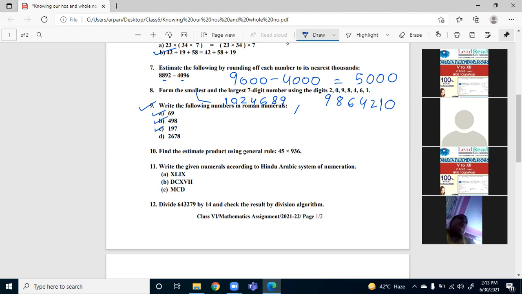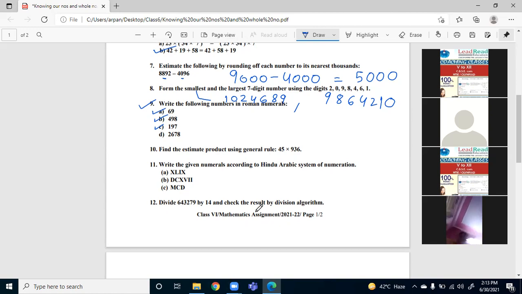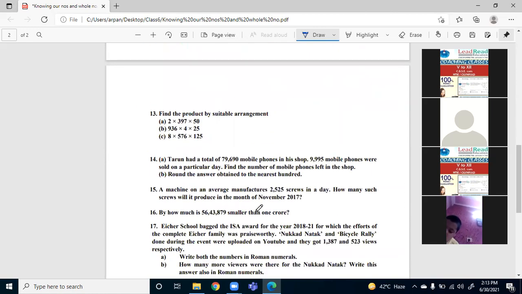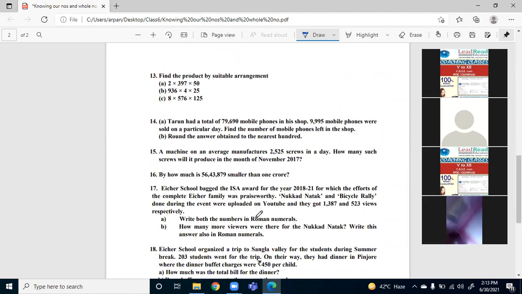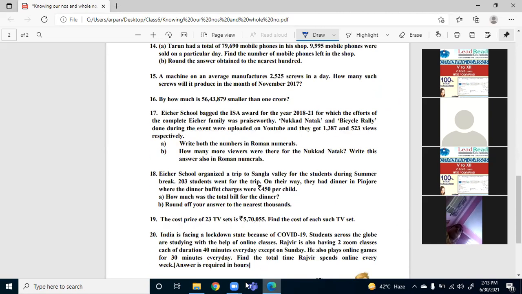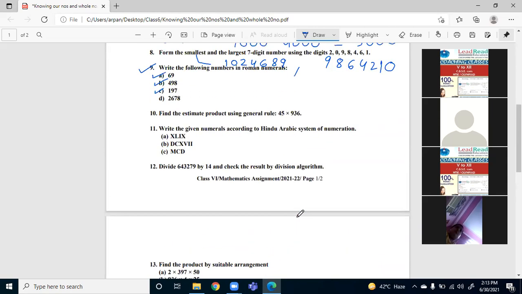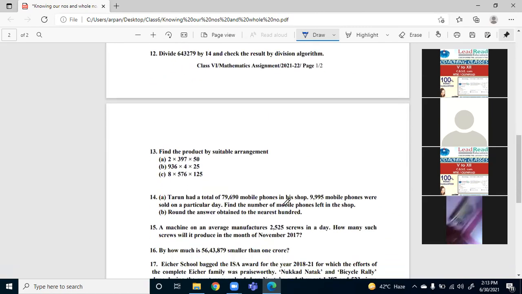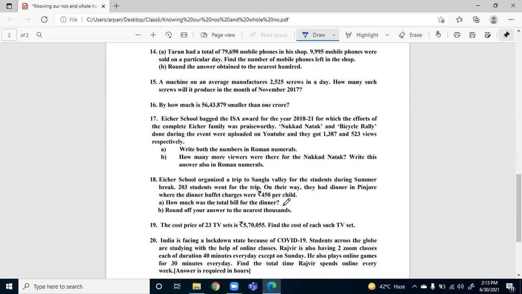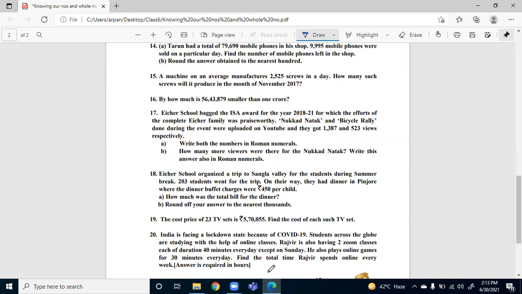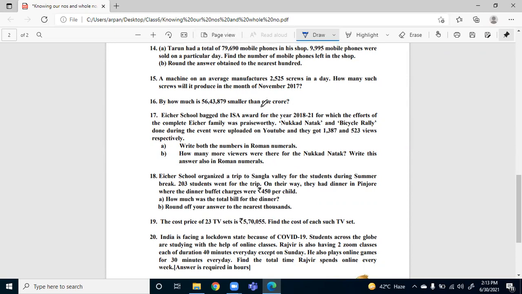Ma'am, we have done this exercise. Can I tell the first one? Ma'am, Samarth, because I remember I said B part was II D, and Manan corrected me. Okay, so that is completed. We have also done the 12th question. Check it. Ma'am, you gave us homework till 14. Okay, great. Thank you, Samarth. Welcome, ma'am. So let's start from the 15th question.